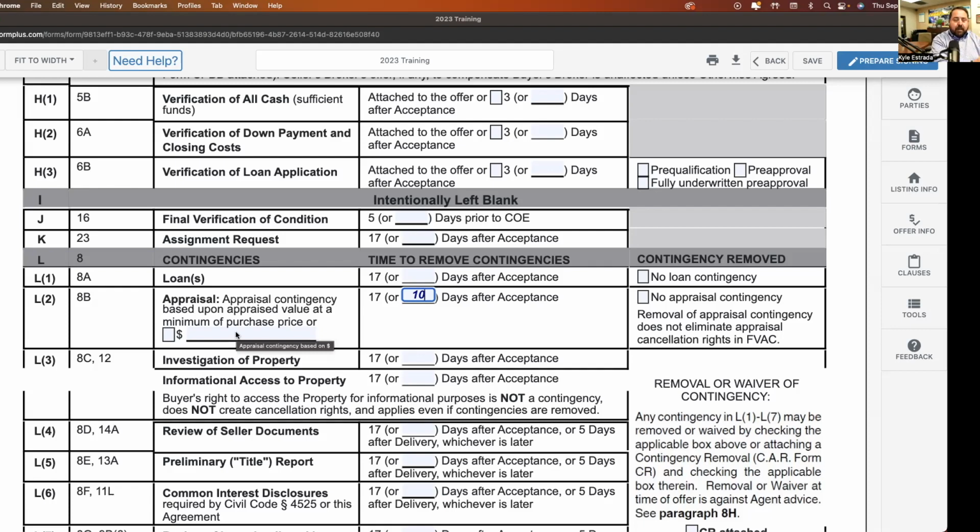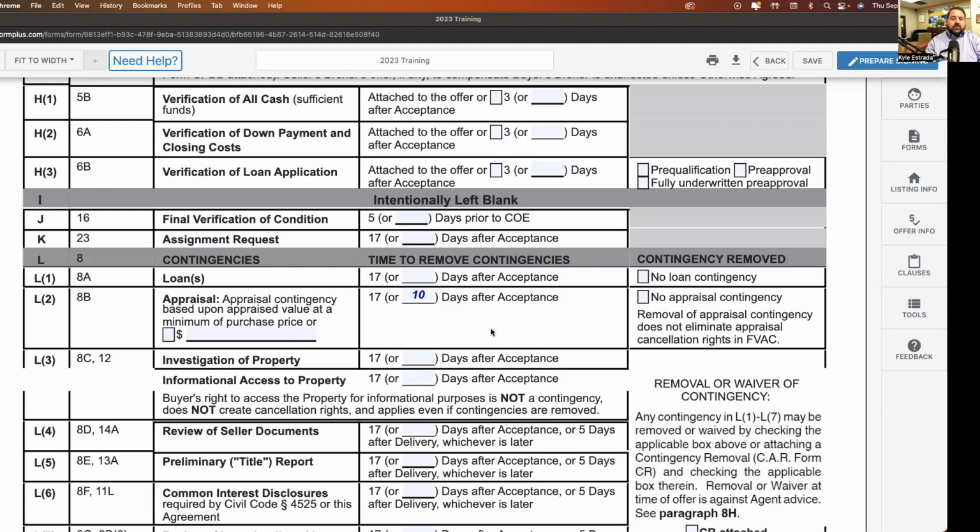So remember, as you're writing it, you're always going to leave it in. Your first choice is that your buyers have the ability to make up differences as appraisal gaps. So you address that with the amount of the appraisal. The next thing that you could do for your strength is the amount of time for the appraisal. Now, if you could do both, lower the appraised value threshold and pay an appraisal gap and show proof of that and shorten the time periods, even better. We're talking about strengthening your offer even more.